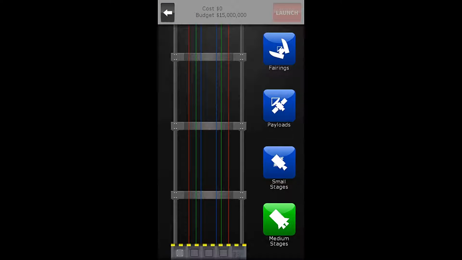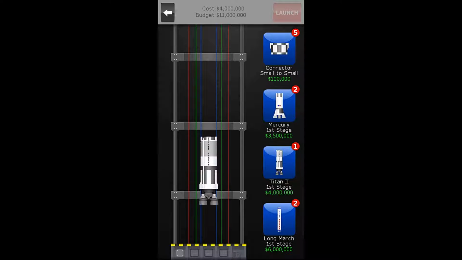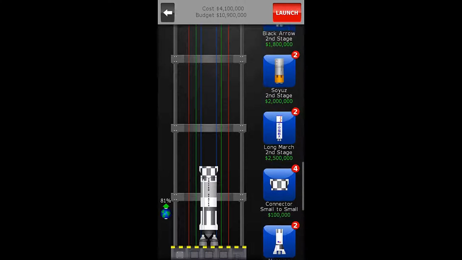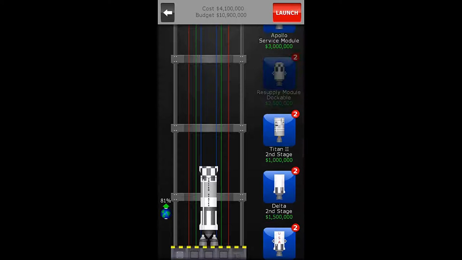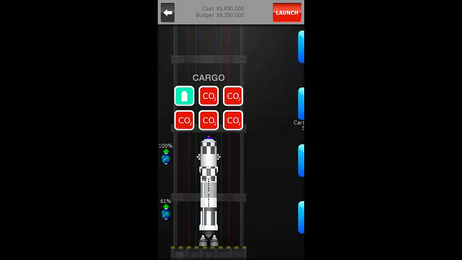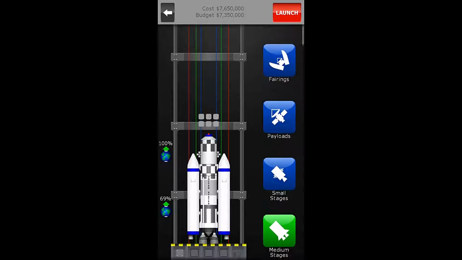So, Resupply Module is probably going to be our best bet for this one. So let's try a Titan and the connector small to small and a dockable resupply module. And let's put some CO2 scrubbers on this thing. Get it nice and ready. Fully loaded up with CO2 scrubbers and put some Long March